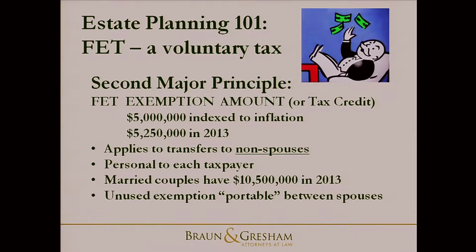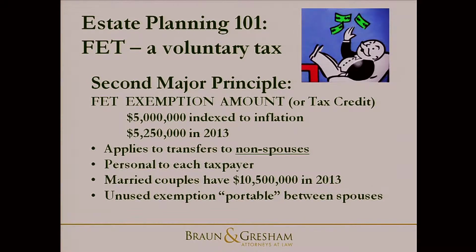The Taxpayer Relief Act at the end of 2012 indexed this amount to inflation and made it permanent. So it's $5 million now going forward. It's not going to change unless Congress, you know, does something strange again. It's not floating. It's not adjusting every year, every other year. But it is indexed to inflation. So this year, in 2013, it's $5,250,000. So you can expect next year that's going to go up incrementally.